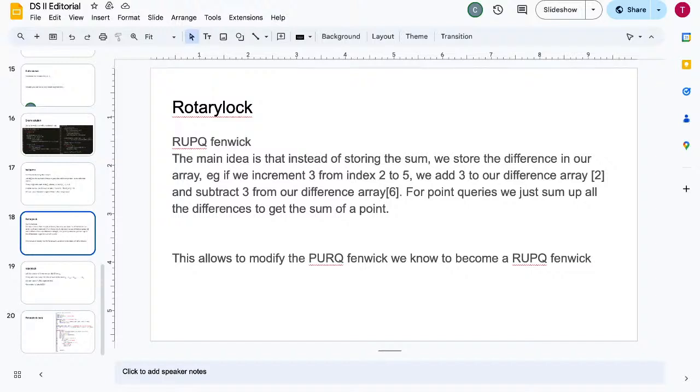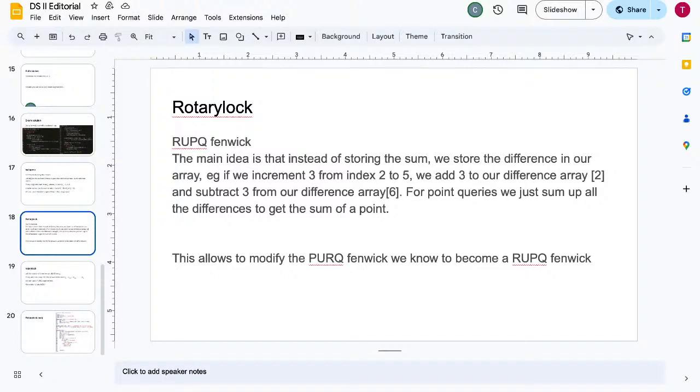The idea is that instead of storing the sum, we store the difference. So let's say we want to increment by 3 from index 2 to 5. We'll just add 3 to our difference array at index 2, and then subtract 3 from our difference array at index 6, so that for point queries we'll just sum up all the differences